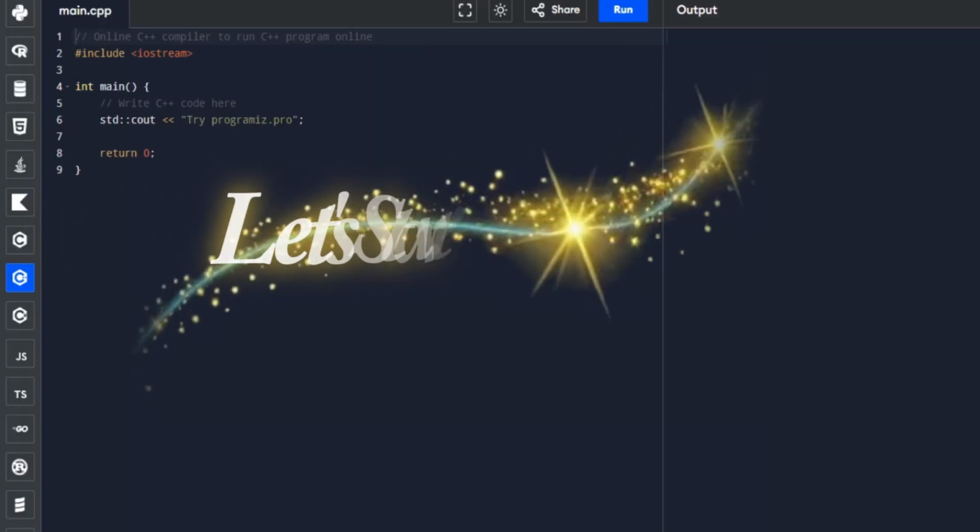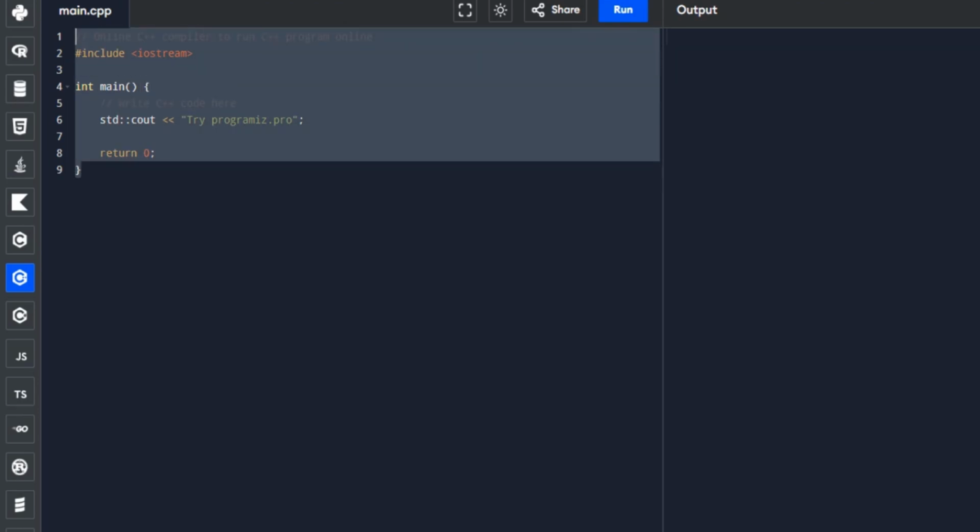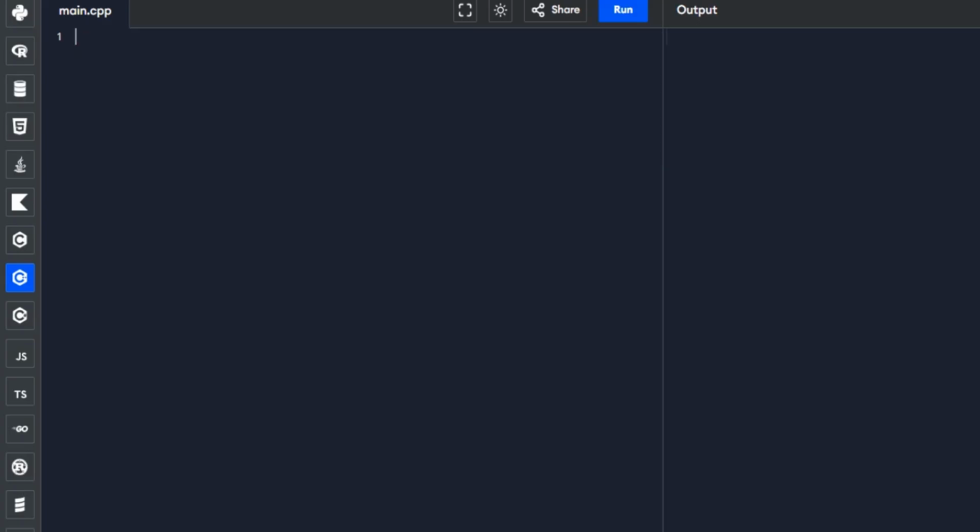To start, we will begin here in C++ and delete all the default content of our online compiler. The first part, we will be declaring the input and output library used for displaying output on the screen.